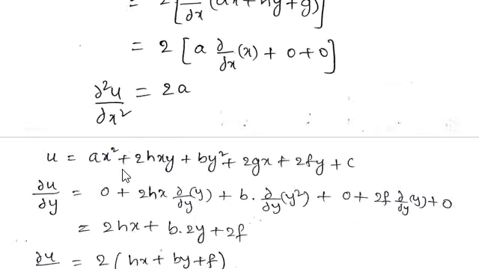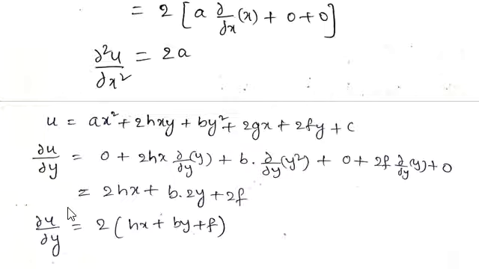And once again we have to find ∂u/∂y. So this is u, and when you apply ∂/∂y, that is partial differentiation of u with respect to y, x is also constant. So this first term is total constant, for which differentiation is 0, so we are writing 0 here. And 2h is constant given, and x is constant with respect to y, so 2hx is constant, and ∂/∂y of y, plus b into ∂/∂y of y².